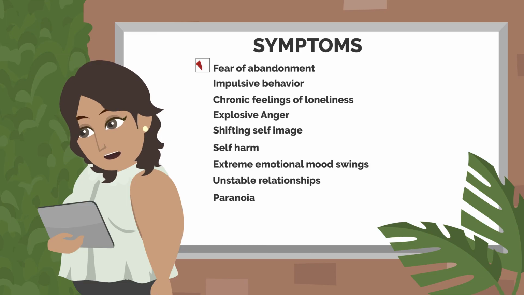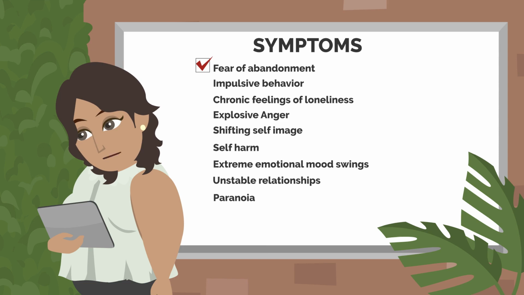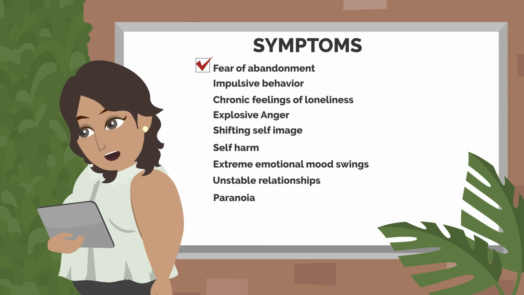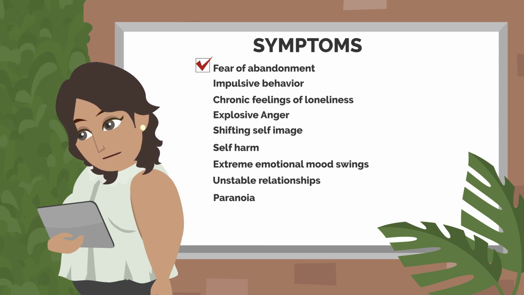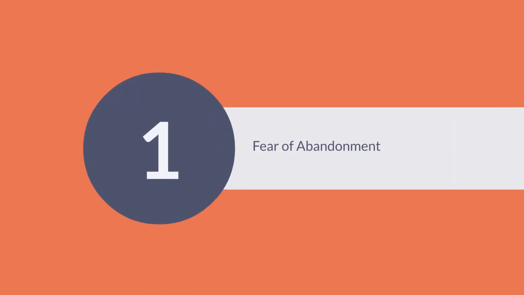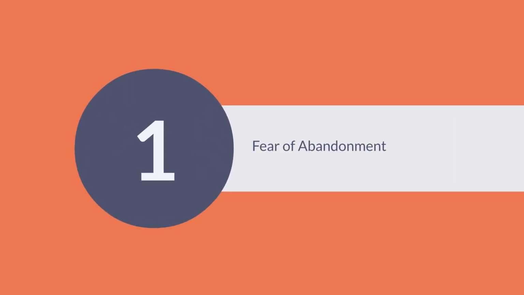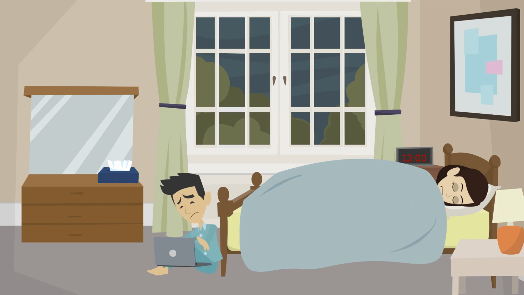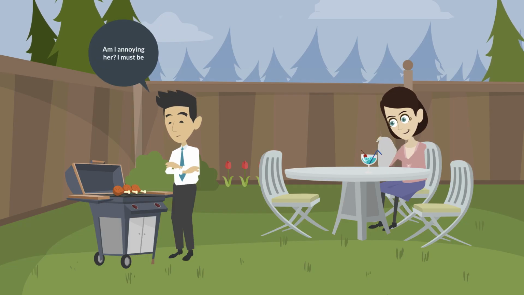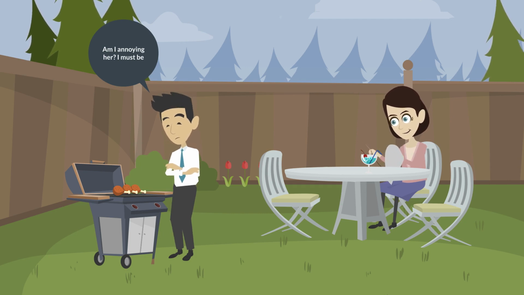The current criteria in the Diagnostic and Statistical Manual of Mental Disorders for borderline includes 9 symptoms. The first symptom, and usually most prominent, is a fear of abandonment. This fear of abandonment is one of the main reasons individuals living with BPD struggle to maintain healthy relationships. The fear often leads to frequent requests for reassurance, even resulting in the individual going to great lengths to avoid real or imagined feelings of abandonment.